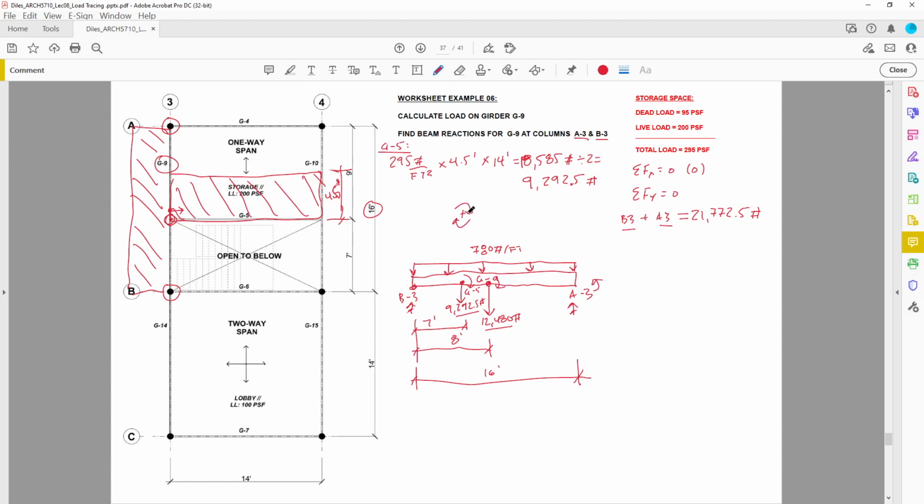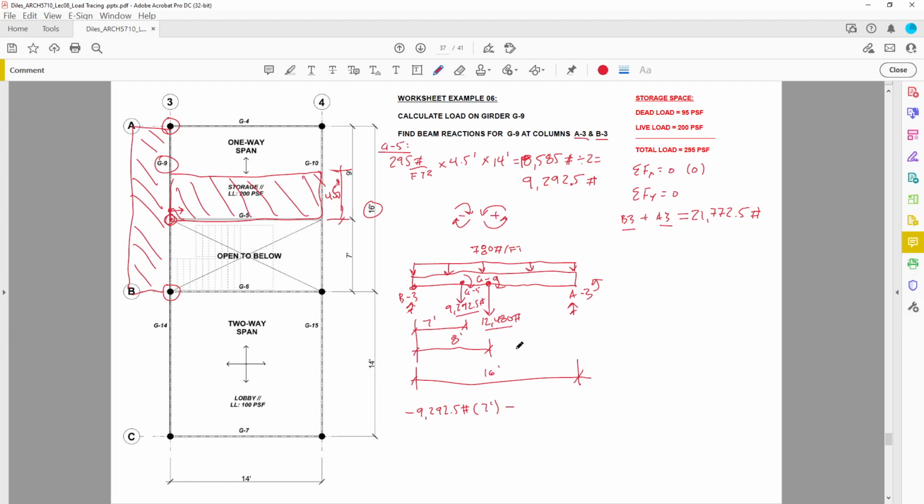Clockwise we call negative. Counterclockwise we call positive. So since this is clockwise, we're going to say negative 9,292.5 pounds multiplied by 7 feet